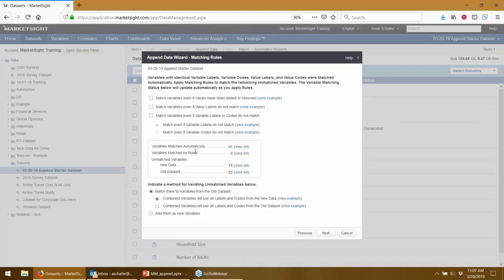I have variables that were matched by the rules. This is 0 right now because I haven't selected any of these. And then I have numbers of the unmatched variables remaining in my new and my old data set. The idea, of course, is that I want to see more variables being matched by these rules than I see unmatched variables down below. So again, I'm just going to click on these checkboxes, and if that makes a difference,